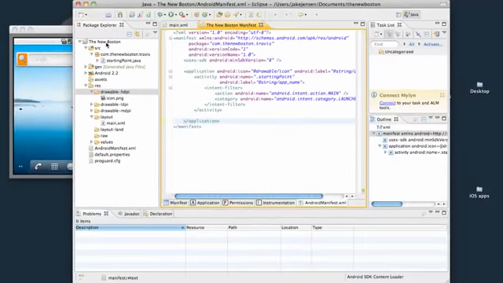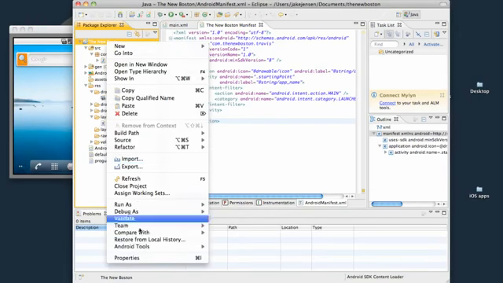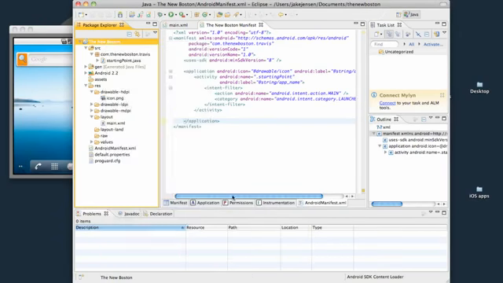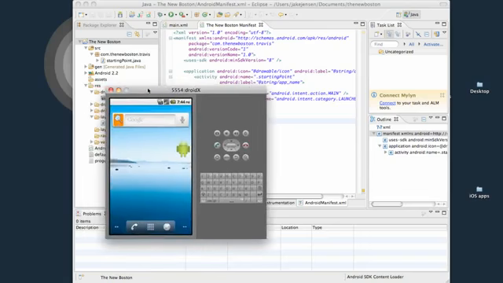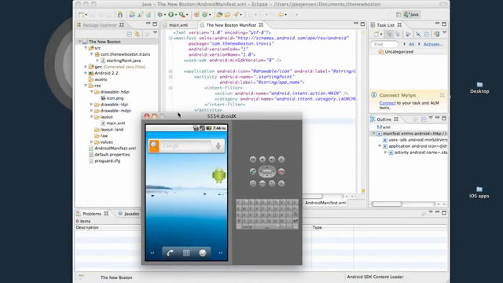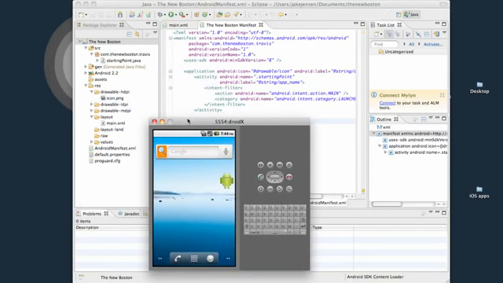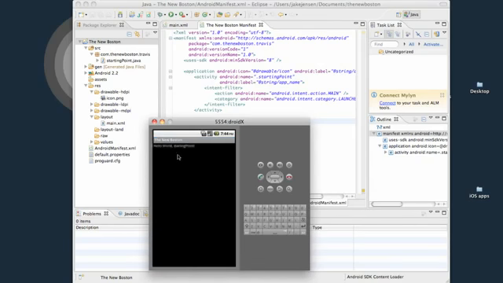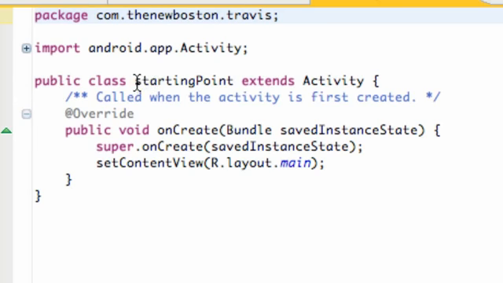The only other thing I want you guys to do real quick is right click on your whole package, go to run as Android application, and that's going to load up on our emulator. I'm just going to briefly talk through everything that's happening. As it's installing onto our emulator, it's looking for the launcher item, like I said, within the manifest. Then it calls this starting point class that we set up right here, which is an activity class, and within the activity it sets the content view to